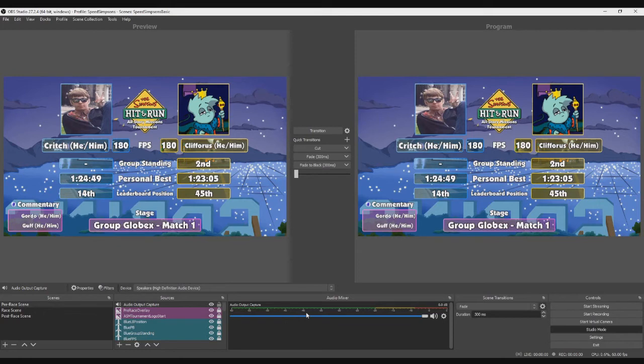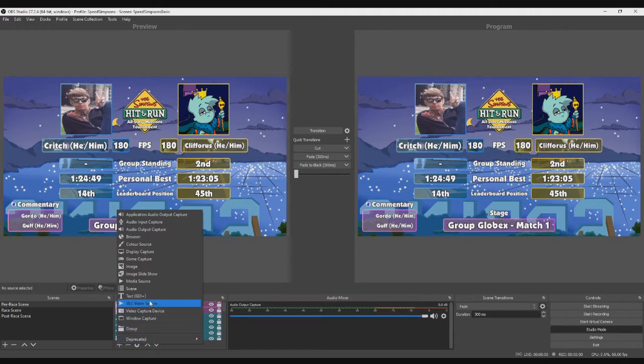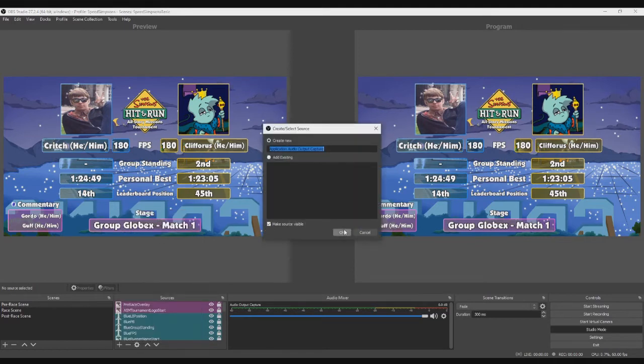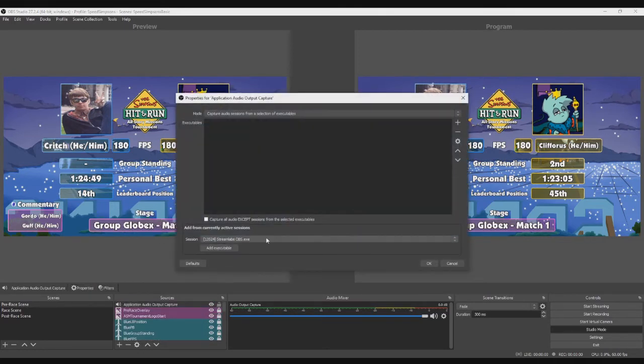This will ensure that anything that's being captured on your desktop audio will be played on stream. That's a good method. It's a very quick method. There is a slightly different way, so if I get rid of this, if you go to the following link, which I'll have down in the video description, you can actually get an application audio output capture. This will ensure that you only capture audio